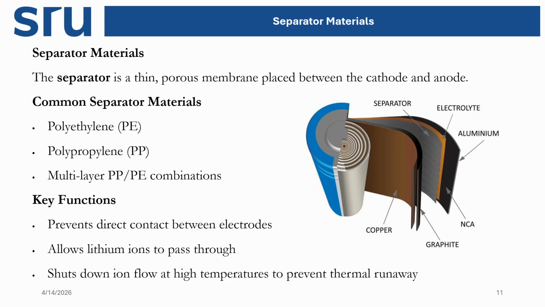Separator in between, which separates the cathode and anode, is called the separator. Different kinds of polymer are used: polyethylene, polypropylene (PP), or multi-layer PP or PE combinations. Sometimes a triple layer of polyethylene and polypropylene is also used, and it is widely used as a separator for